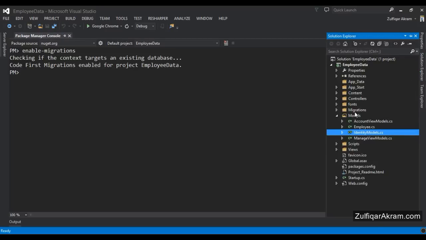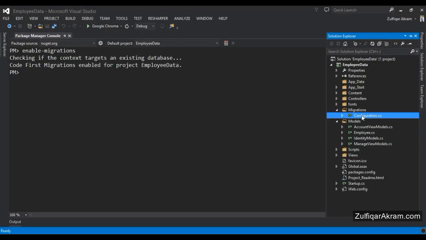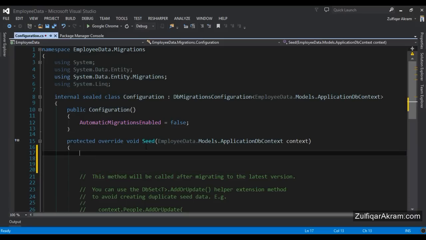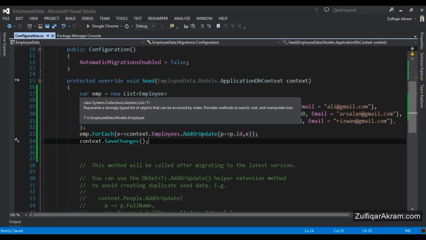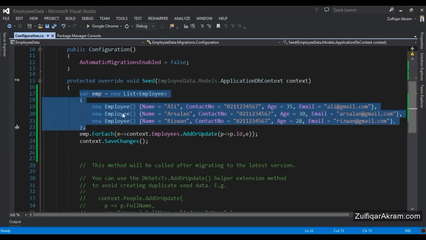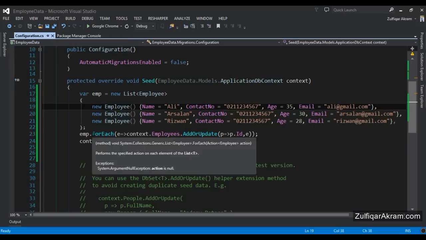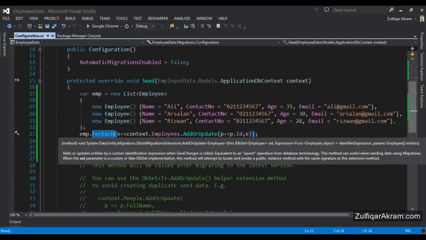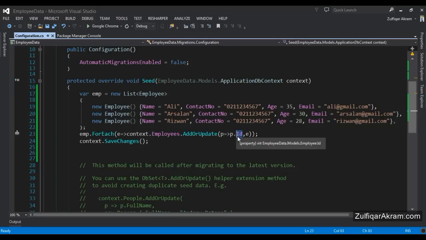Now go to your Solution Explorer and Migration folder. Open this configuration. Here you can see the seed method. I will add some dummy data, because whenever you create a database for the first time, you need some dummy data to insert into the database. So first of all, we create three employees' dummy data, and now this employee list is iterated each time, so one by one employee data is added or updated. So this ID parameter should be unique. Close this,